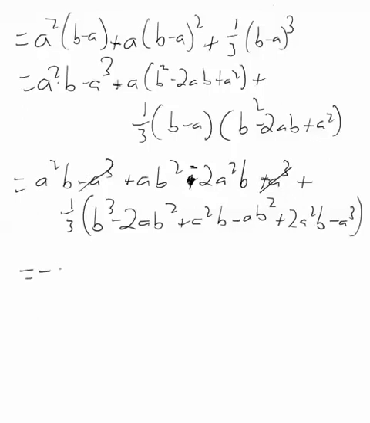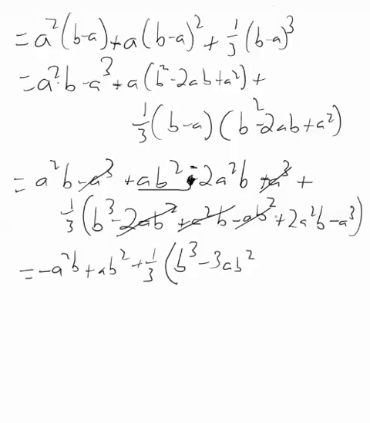So that gives me a negative a squared b. I can't do anything with the ab squared yet, so that's just coming along for the ride. That's got to come along. And now I've got in here some things I can simplify. I've got the 1/3 b cubed, nothing there, but I have negative 2ab squared and minus another ab squared. So that's negative 3ab squared